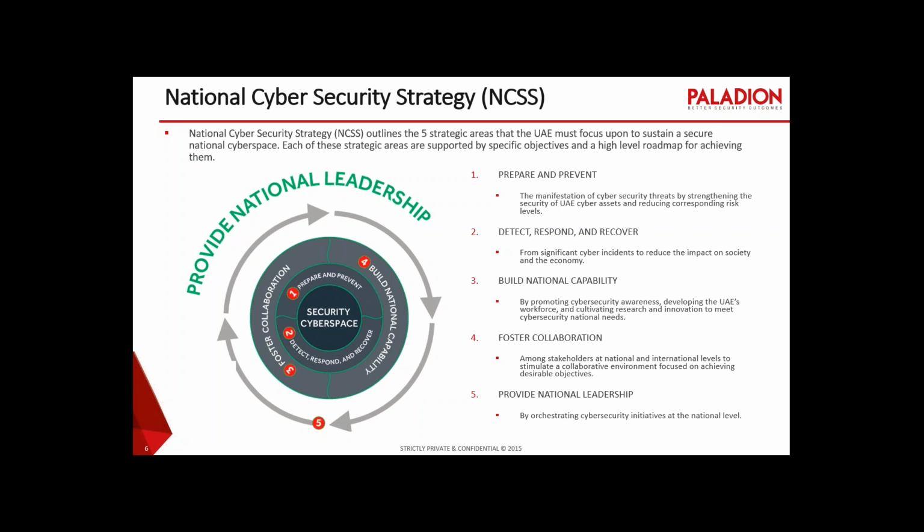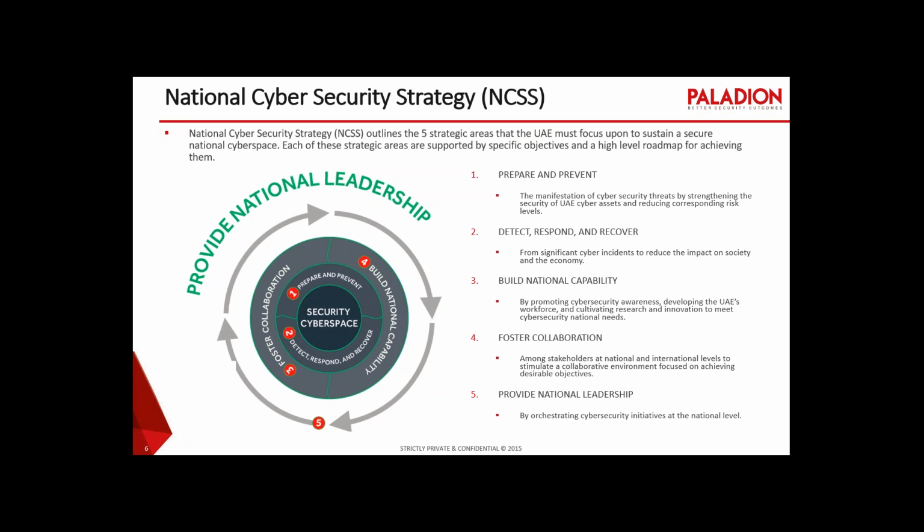The third strategic area that NCSS talks about is building national capabilities by promoting cybersecurity awareness and developing a UAE workforce in cybersecurity and information security requirements, and also cultivating research and innovation to meet the cybersecurity national needs. So that's the third strategic area. The fourth strategic area that it talks about is fostering collaborations at national and international levels,